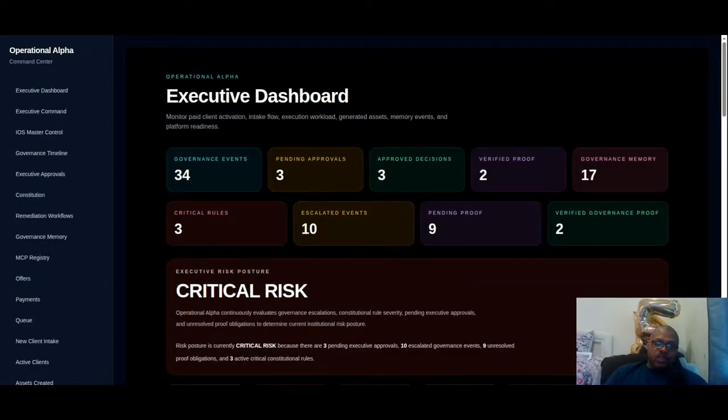Today I want to show you Operational Alpha. Operational Alpha is not just a dashboard, CRM, or chatbot. It is a governed operational intelligence platform. Its purpose is to help a business see what is happening, understand what it means, know what needs attention first,